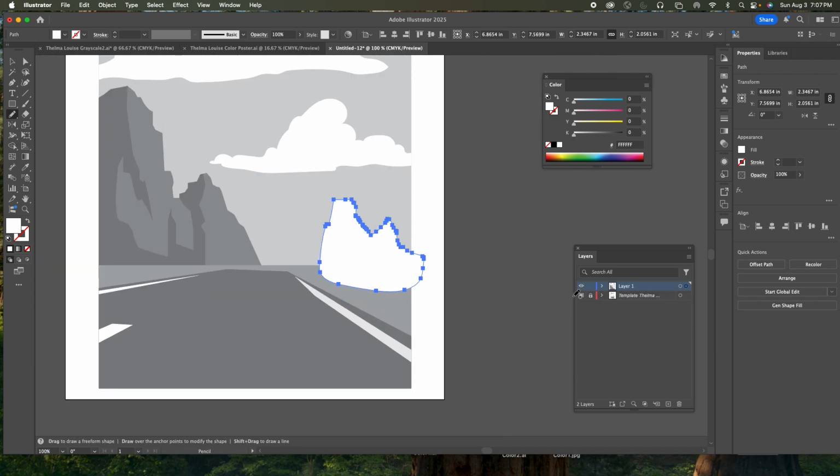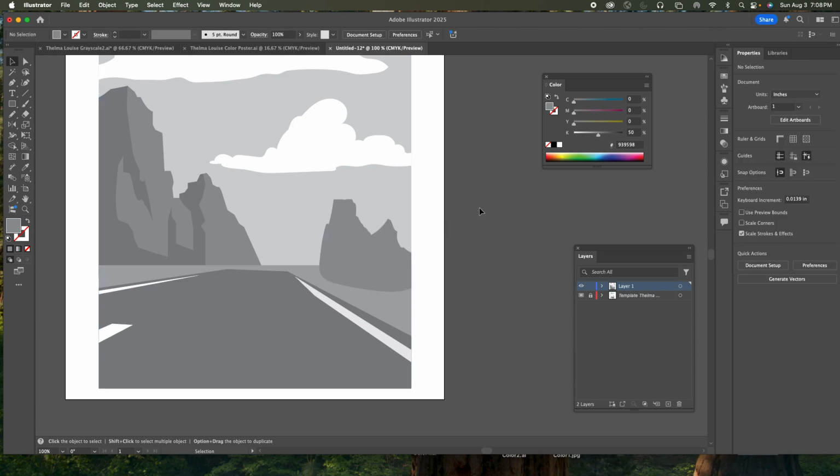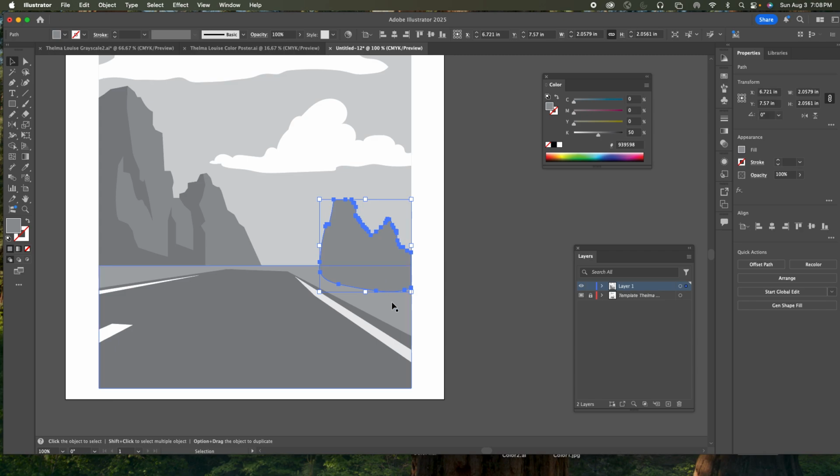All right, so we want to change this to this color, so I'll just use the eyedropper. We're going to have to do a couple things here. We're going to have to select the background. We're going to have to crop it, Shift M. So we select both shapes, and then we do Shift M, and then we do Option key and get rid of that. And now we're going to deselect. And deselecting, you can get the selection tool and click outside of here, and then go back in. There's other ways to deselect too. One is